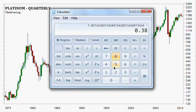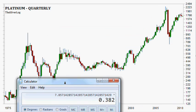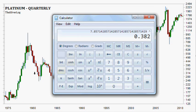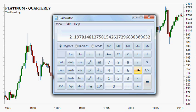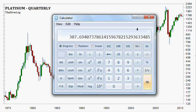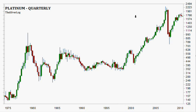The reason why I want to do 38.2% is I want to get the lower number. If I want to get the higher number, I would do 61.8. This is the number the market must hold for that rally from 75 to 1980 to become real. So we'll take this number that we did the power to, and then we multiply it by the low of 140. The support that it needed to hold was around 308, so a little over 300, which meant roughly somewhere around here,